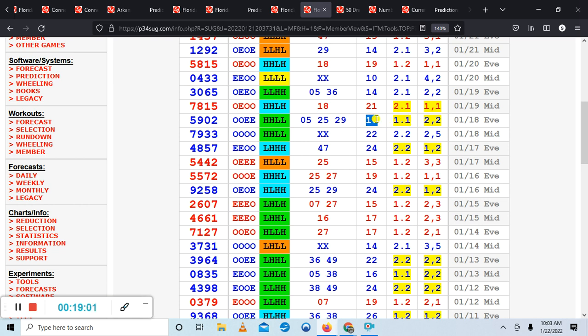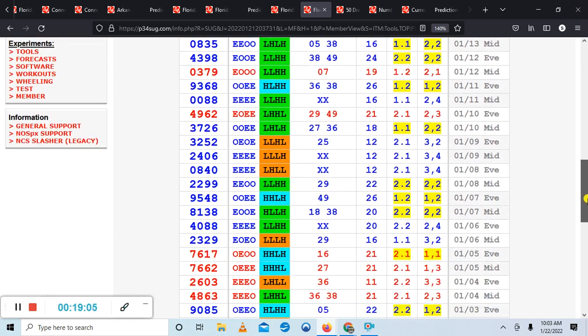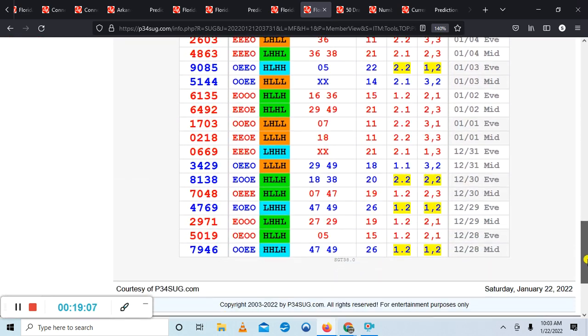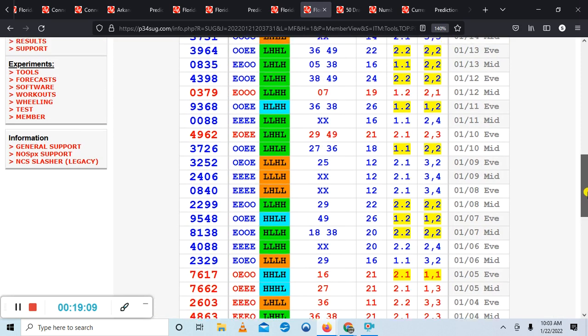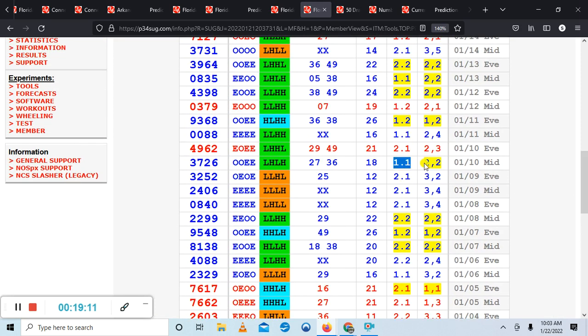But in the pick 4, it's 16. Every time you see 1 1 2 2, I'll show you again. It's somewhere else. I believe it is 1 1 2 2. Here, there you go, 1 1 2 2. See, 18. So it's either 16 or 18 now. Anytime you like 1 1, because we like 2 2 in the back, we know it's possibly